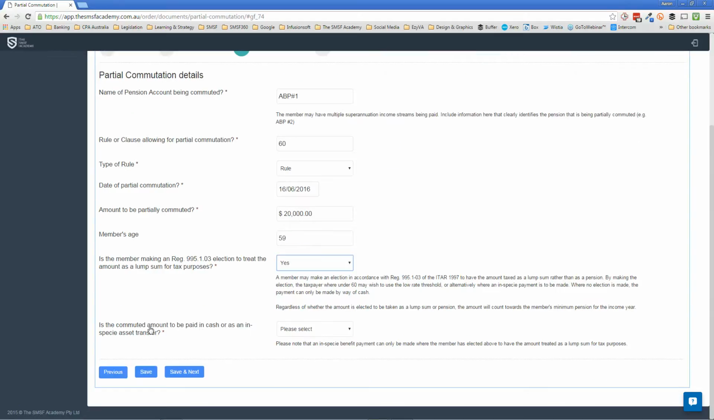And then we're asking here where there is a notice, an election being made to treat it as a lump sum, we therefore have the choice to make that payment by way of a cash payment or an in-specie payment. If it's a pension payment, we can only make pension payments by way of cash. So in this instance, we are going to make a cash payment,